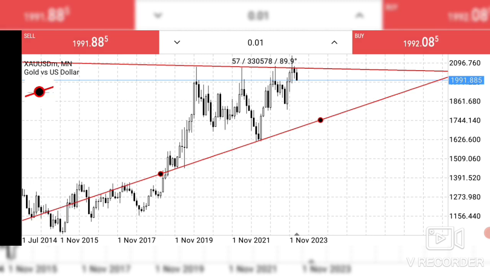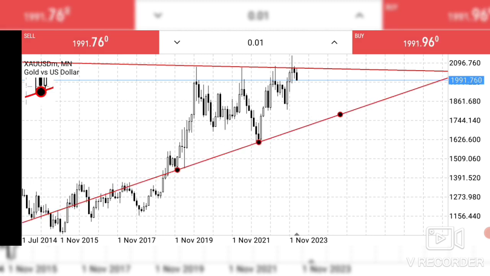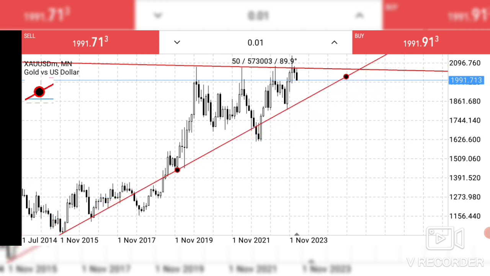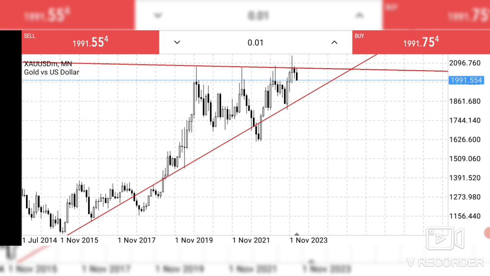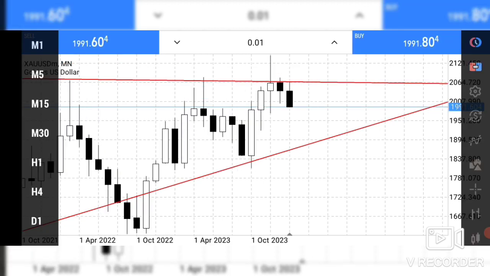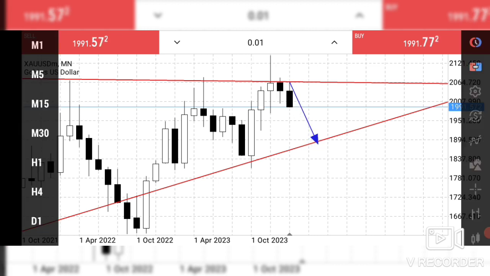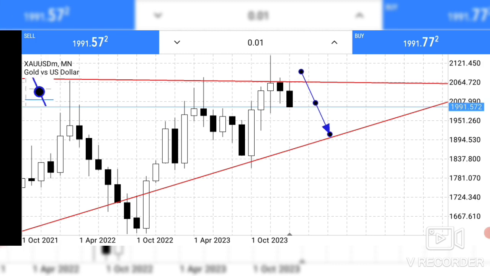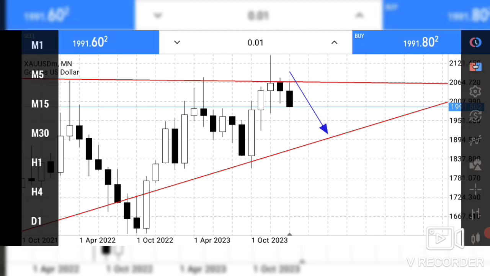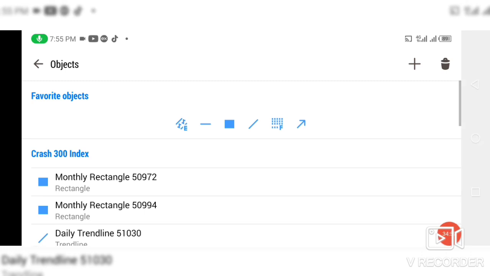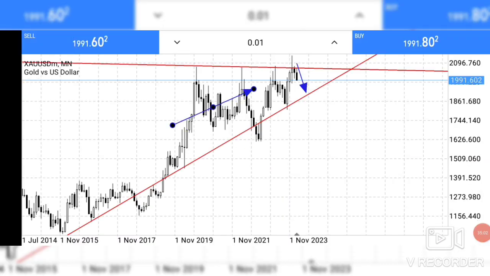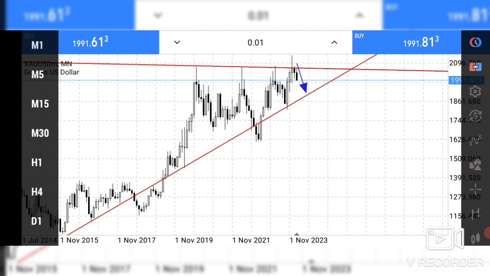Okay, so we have that these 2 points are reacting, or you can even make it more realistic with a line of best fit here. So there is probability that price will just drop to here by algorithm. I don't know how it will happen, but based on the algorithmic nature of the market, price can just drop there. But that is what is really happening here. Okay, so sellers are in control, right? Even though the trend is positive, it's an uptrend, but sellers are in control. The buyers are just dead for now.